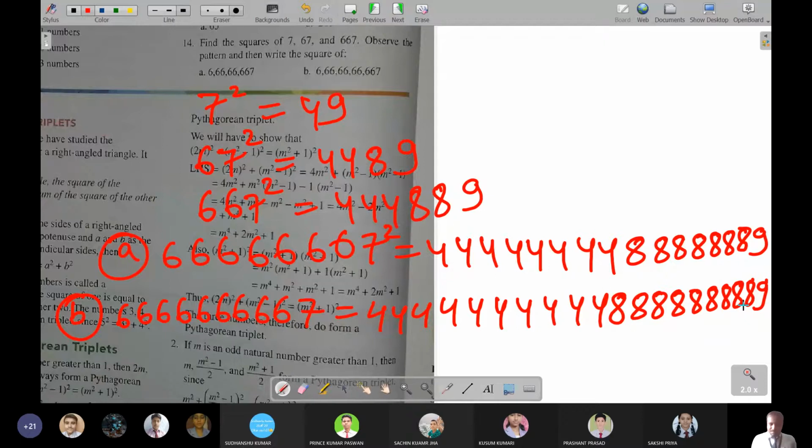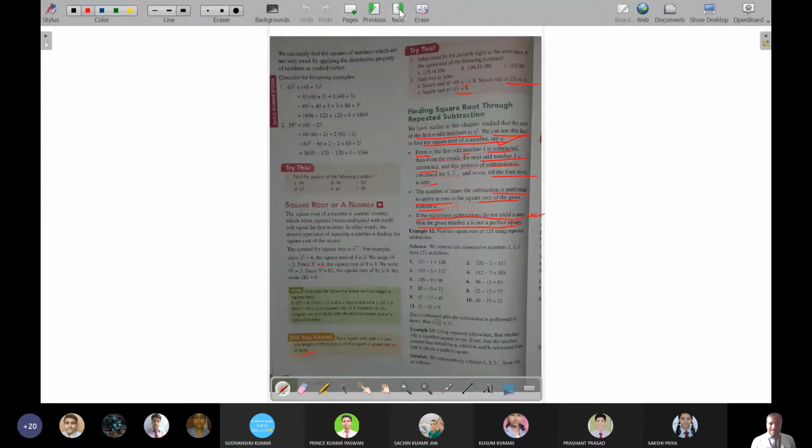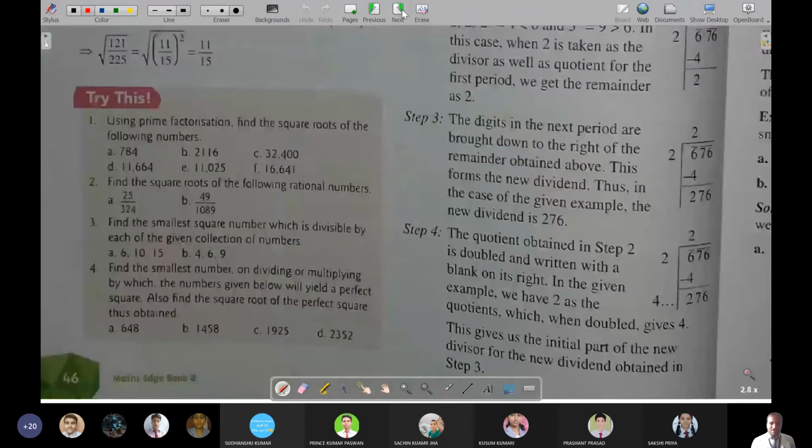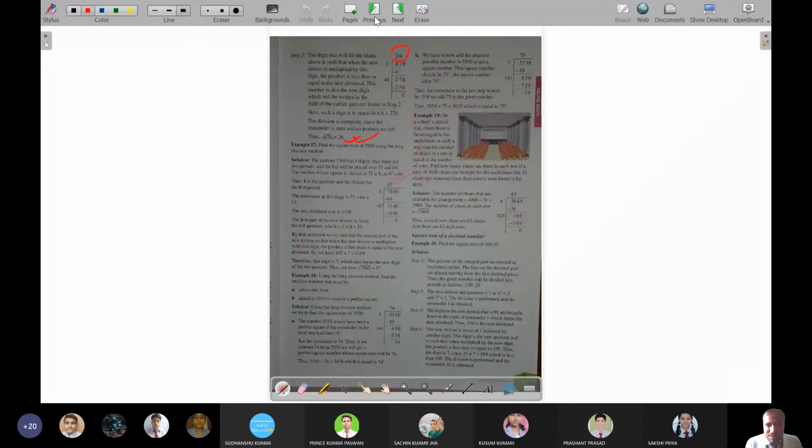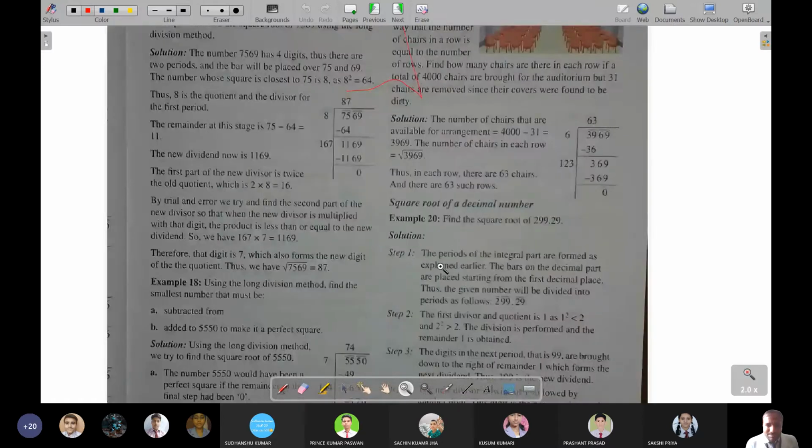Any more doubt? Sir, I have 3.2. Okay, in 3.2, before that, there is the division method. Yesterday also I described it. Today again I will describe it so that it becomes more clear to you. In the division method, of course, about 676. Last time I had said. Was 676 clear, or should I explain once again?